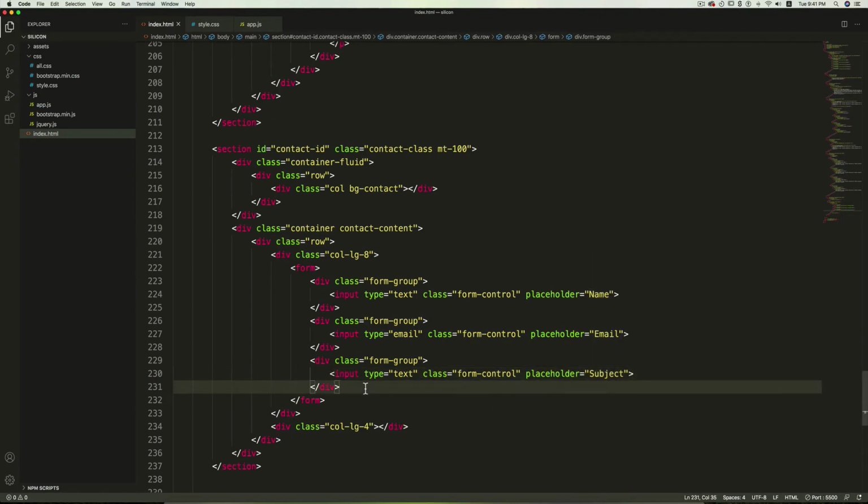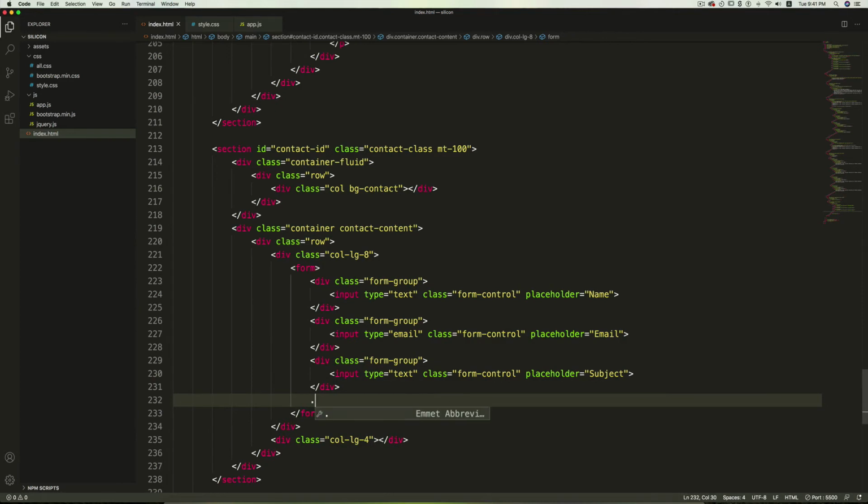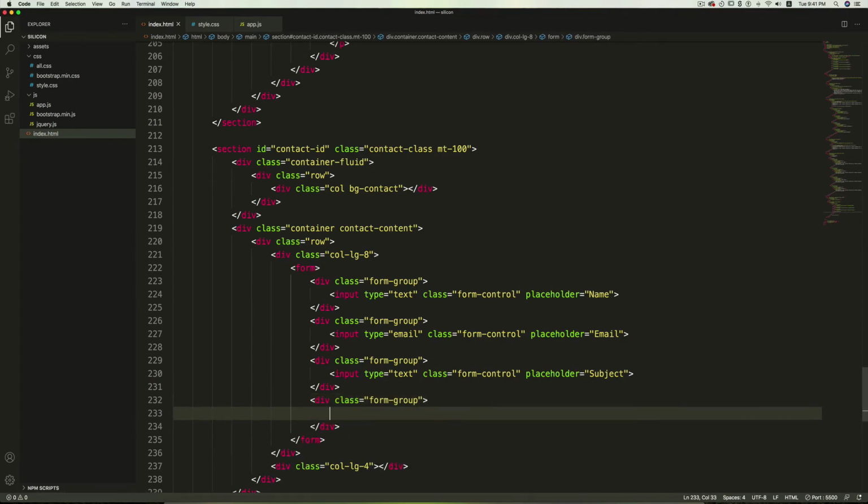And after this I'm going to create a div with a class form-group, and inside this div I'm going to create a textarea for the content. So textarea, the class will be form-control. So here I'm going to remove the ID and the column, and for the row I'm going to give it a value 5, and I'll add a placeholder.